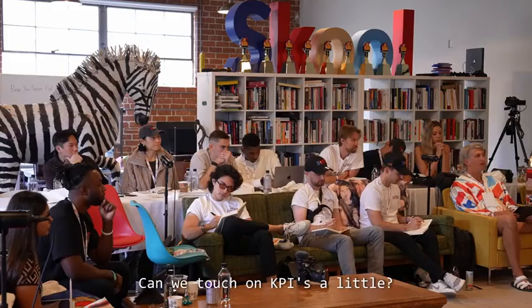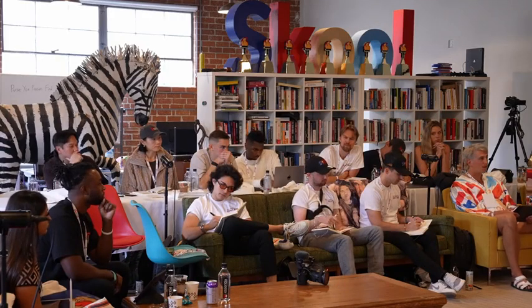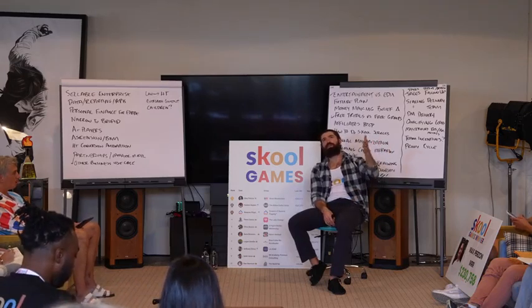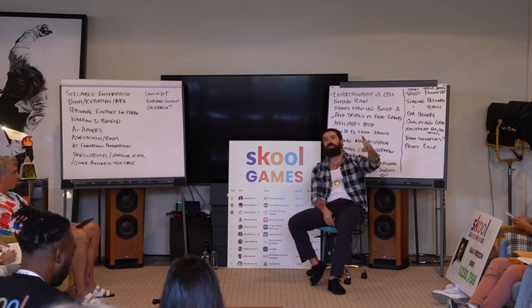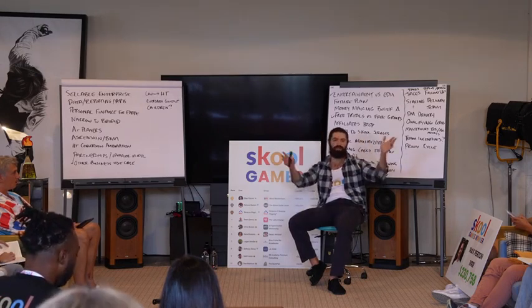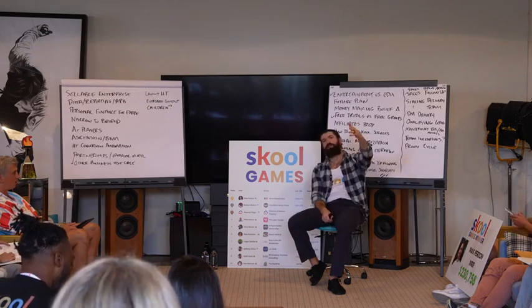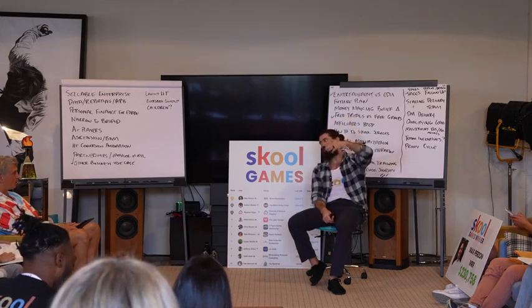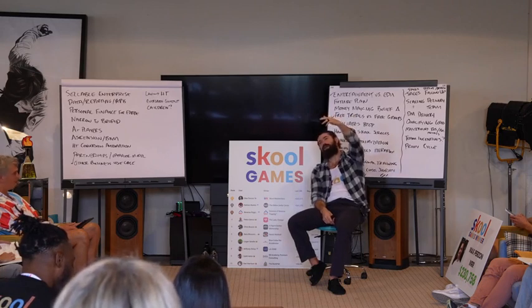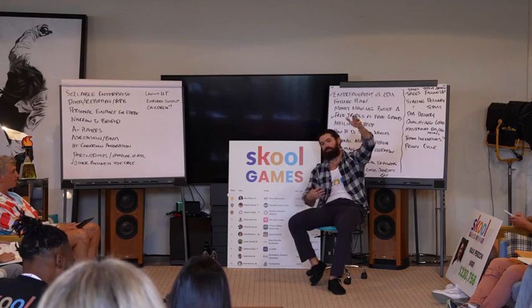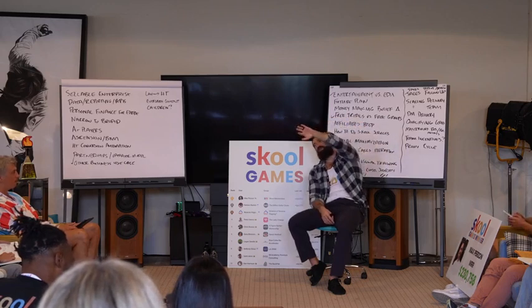Can we touch on KPIs a little? It's going to be basically click to close, everything that they control. So it's going to be speed to contact, depending on how y'all do sales, but you have speed to contact, contact rate, then if you have people showing up, a schedule rate, then a show up rate. Of show up rate, you have offer percentage. So that's qualified leads if you have different levels or tiers of leads. From offer percentage, you have closing percentage and cash collected.